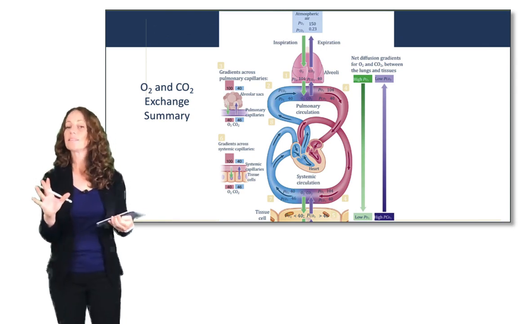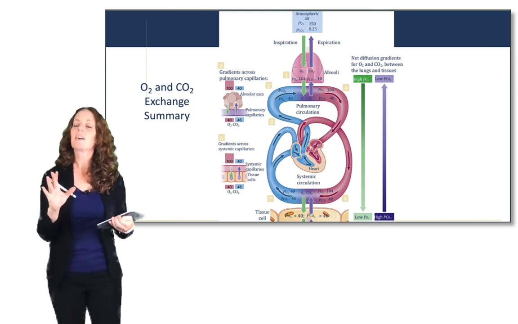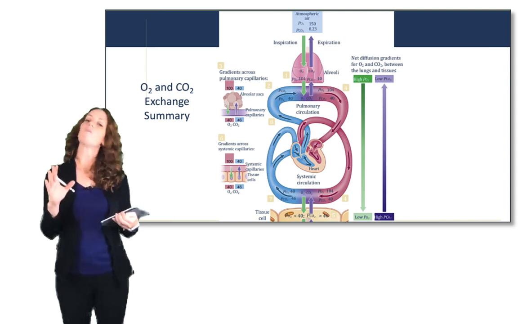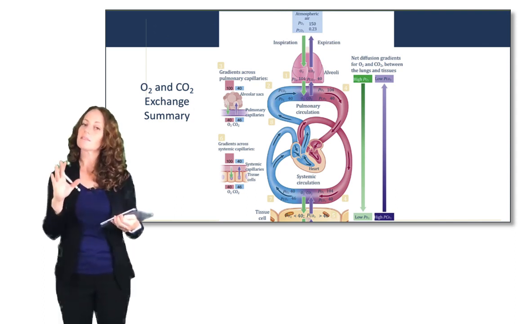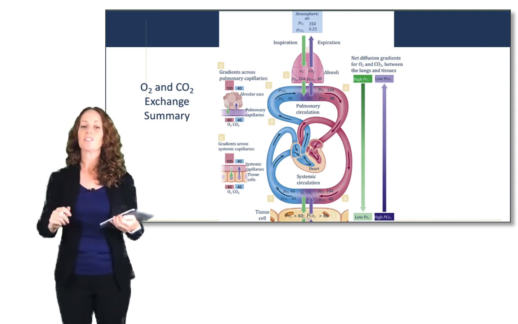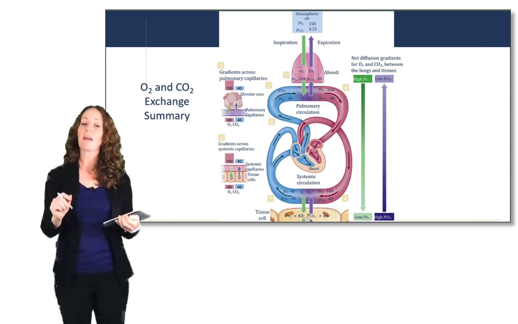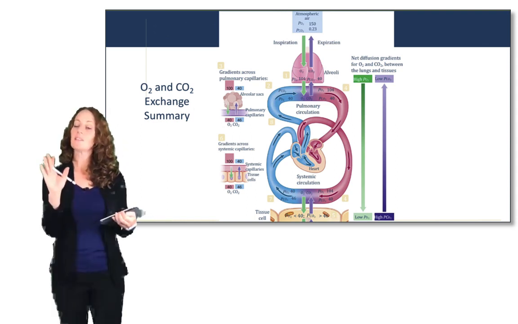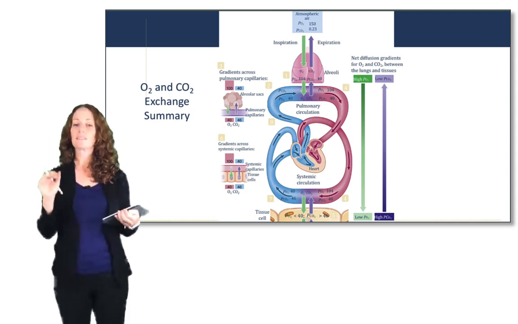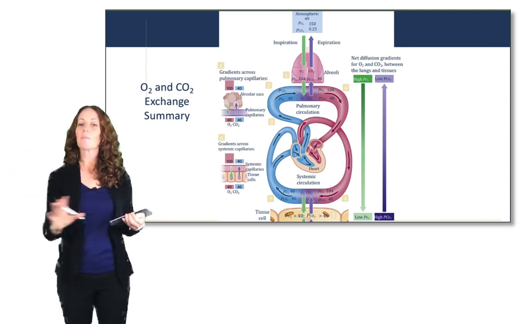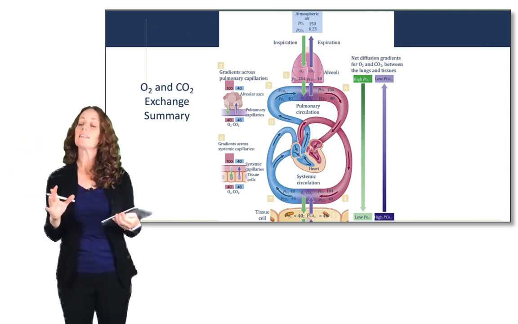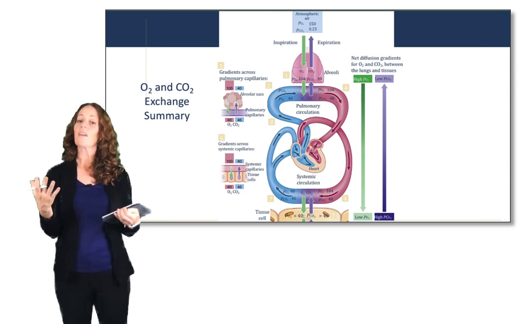Take a second to pause here and draw yourself a summary diagram of the movement of oxygen between the lungs and the blood and the tissues, and the movement of carbon dioxide between the tissues and the blood and the lungs. Make sure that you can summarize all of these partial pressure gradients and where the gases are moving based